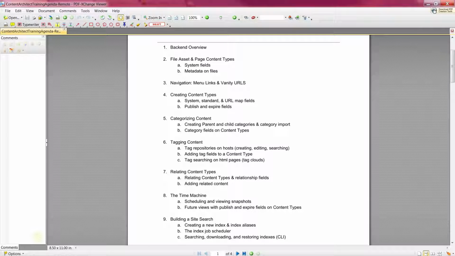All right, so that's navigation. That's talking about menu links, Vanity URLs, and using the show in menu item